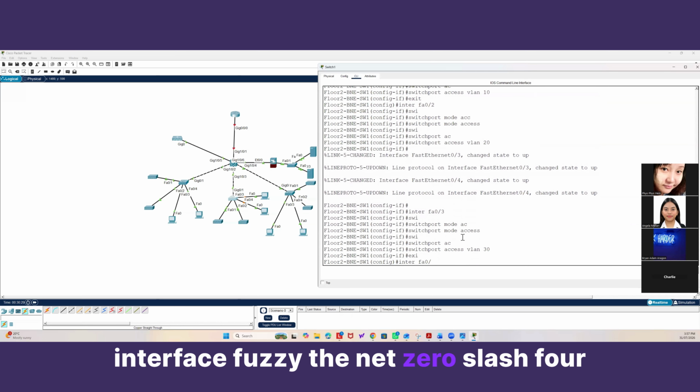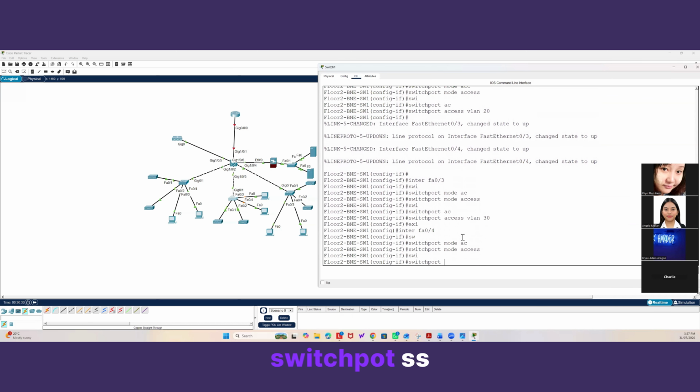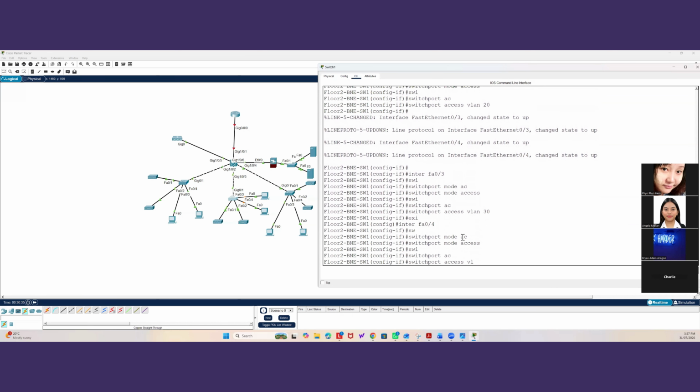Interface FastEthernet 0/4, switchport mode access, switchport access VLAN